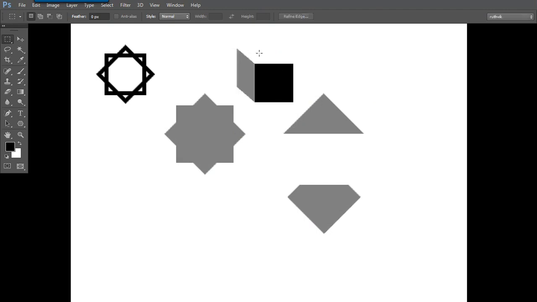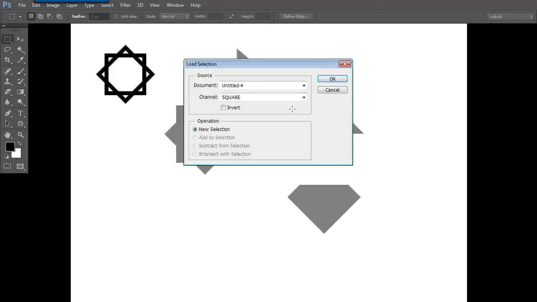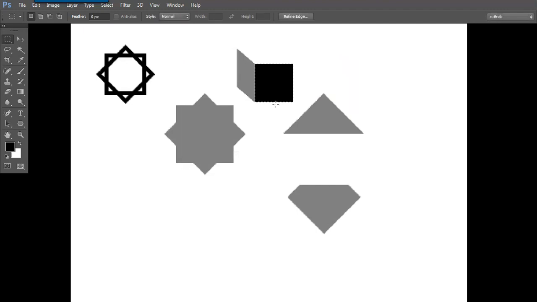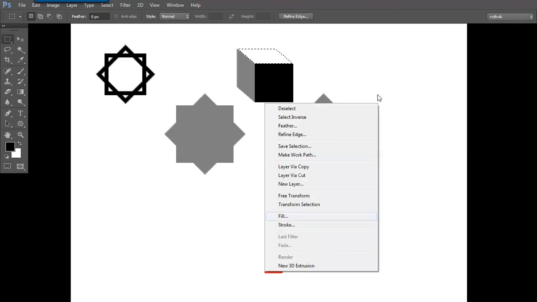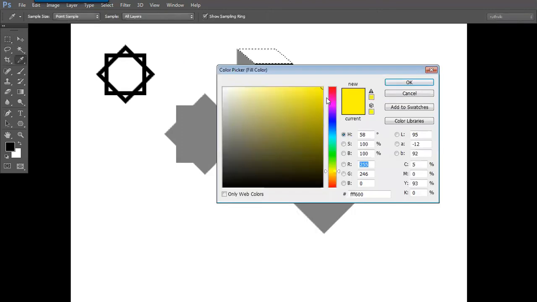Now we need the upper coverage, right? Upper coverage required means we need to have the selection. Already we have distorted it, and again it cannot come up here and be placed. Again it will miss the exact placement. So at this point, again you can ask the software to load the selection. So exactly the selection has been loaded. Again do the same job. Hold the control button and drag and move to the top and place it there. So this job is done. Go for right click and switch to fill and fill your required color.